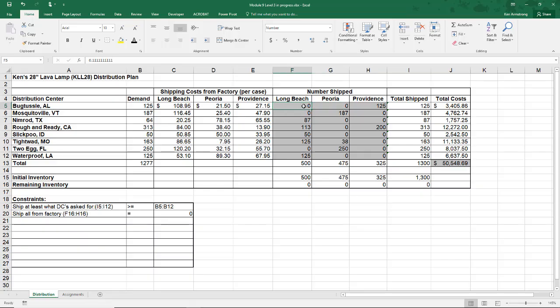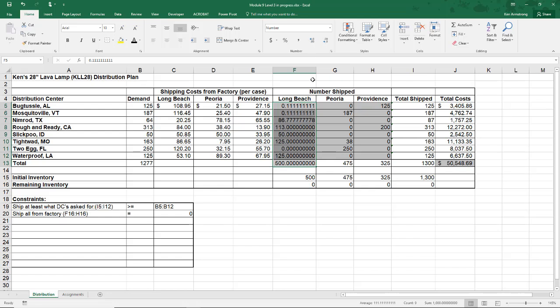Sometimes we have to adjust the formatting to check and find this error. We could also look at the resulting answer report if we wanted to see if we got into that kind of trouble. Then what's the answer on how to fix this? Hopefully we remember from the previous level 1 video the ability to force the changing cells to be an integer. Yes, so that will be our next constraint that'll solve that problem.